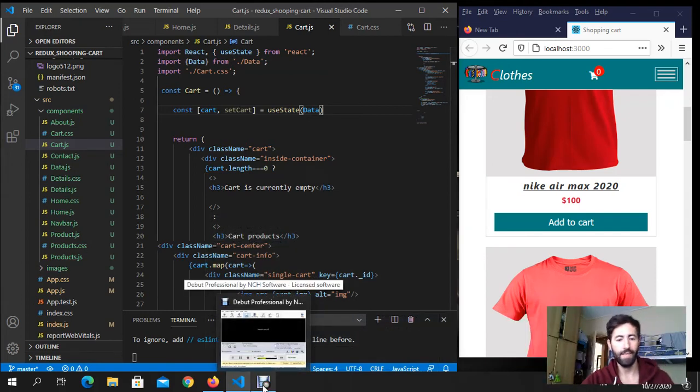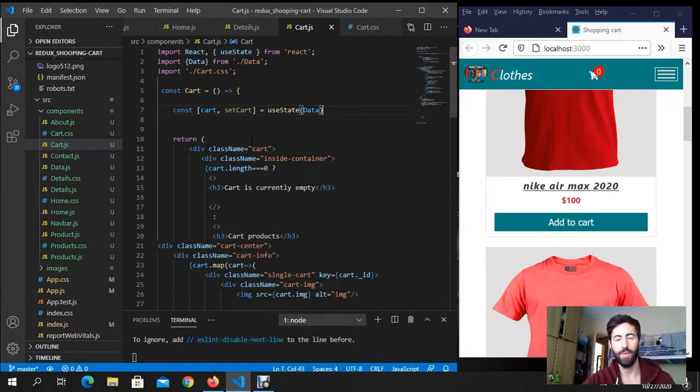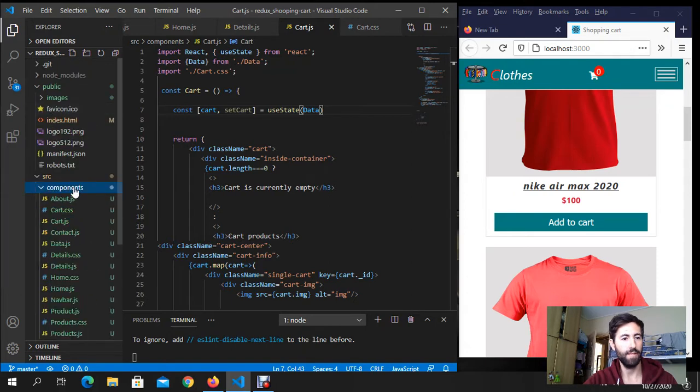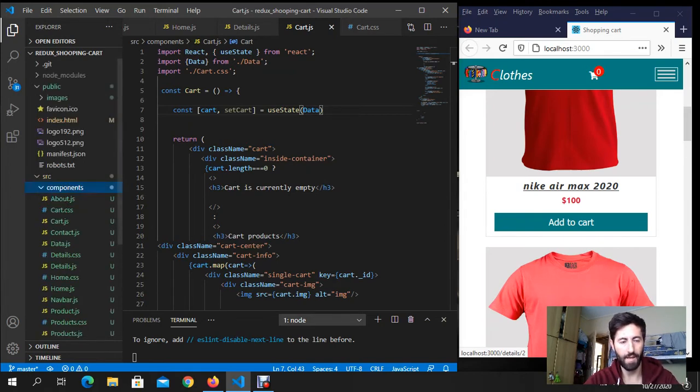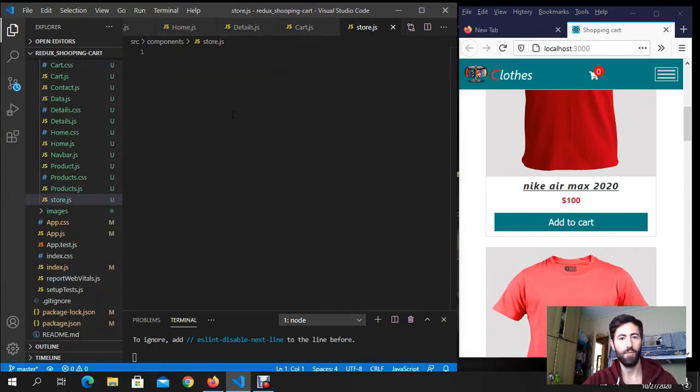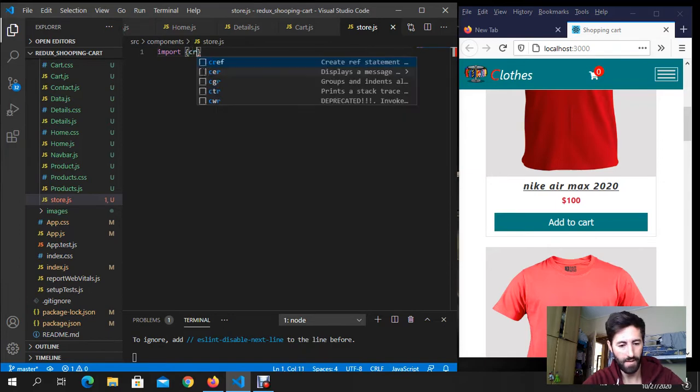Alright guys, it's time to move and work with Redux. So let's now create here in our components a file with a name of store.js. Okay, now we want to import a couple of things. Import createStore,